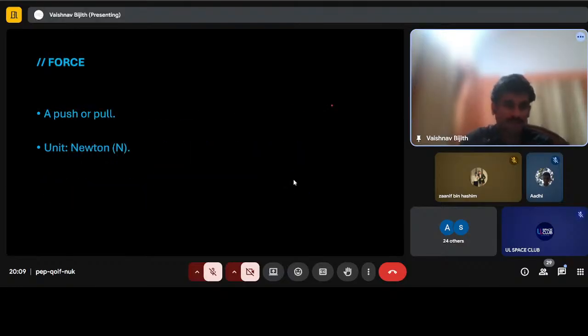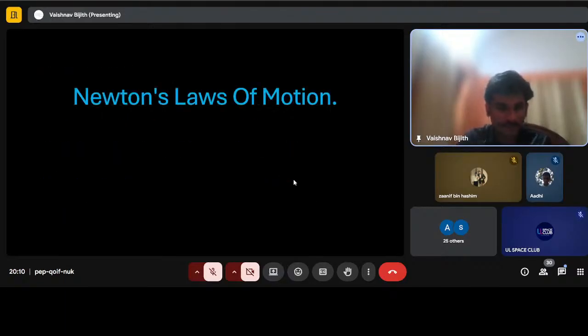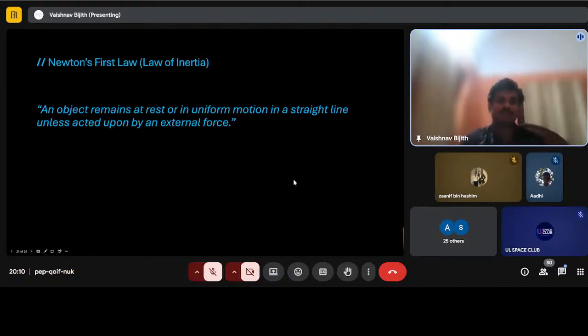All right. In the next step, we have force. So force is something that I think we all experience when you push a door or you pull a very heavy thing. So that's a common experience, and its unit is Newton. We will learn more about force in upcoming slides. So these are the basic terms we should keep in mind. And now moving forward, we will discuss Newton's laws of motion, and let's talk about the first law of motion, which is the law of inertia. So the first law of motion is also known as the law of inertia.